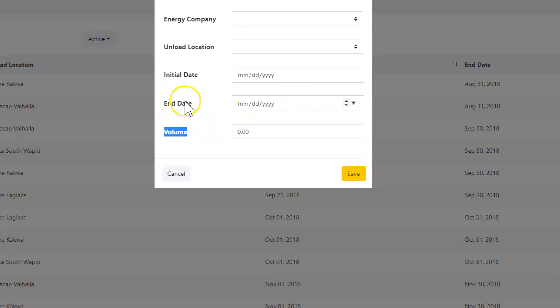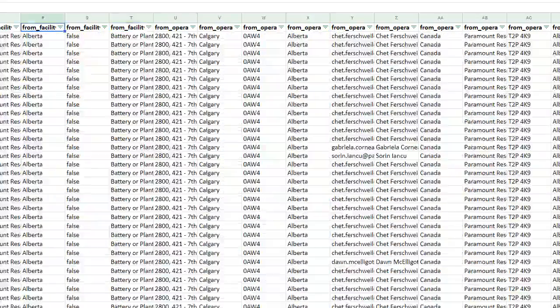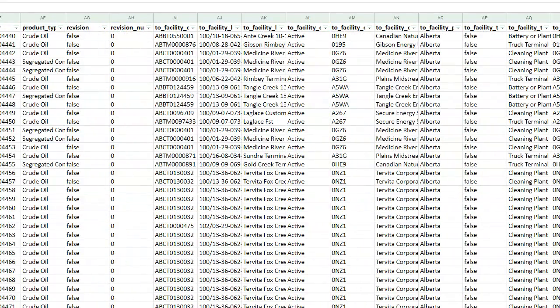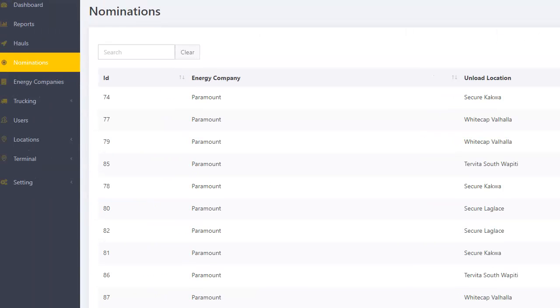Now, what's the unload location? So it says here front, so I'm guessing front is the load location. That's not the unload location, but I see only front here. Oh, it says here to facility. So facility code, maybe. I don't think we're filtering by code. So if I go back here, how do I know